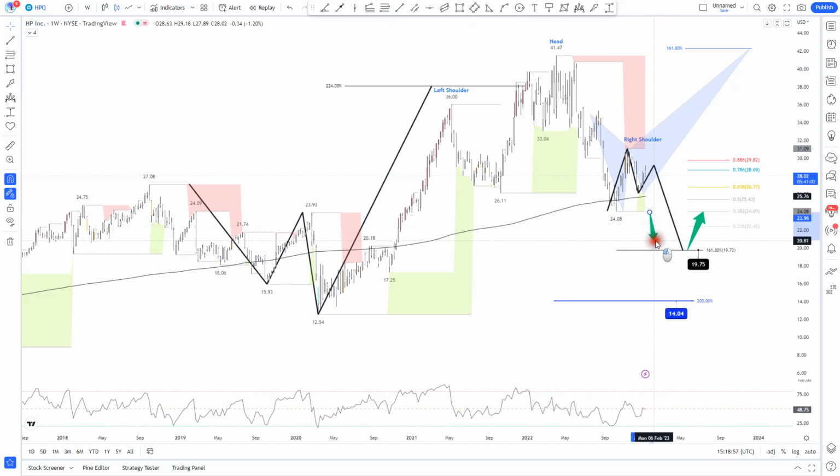I don't have a crystal ball, and as I said multiple times, I have been wrong in the past, and I will be wrong in the future. I just don't want to stay wrong too much. That being said, I can be wrong, and a clear violation of this fractal, let me try to tag this one at 3109. So a clear violation of this fractal should trigger momentum to the upside.